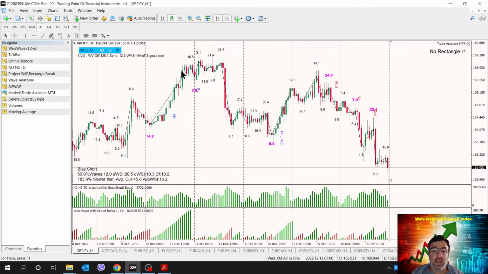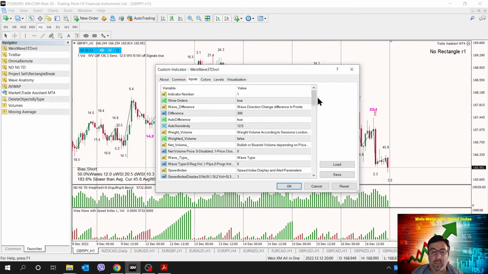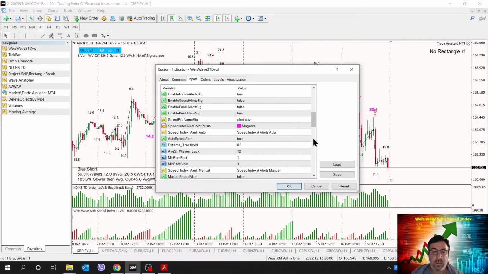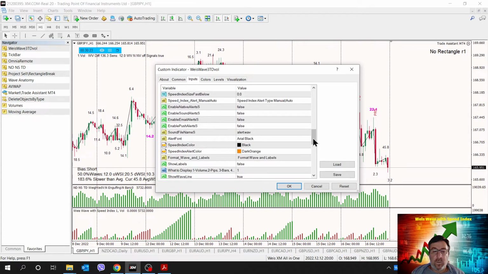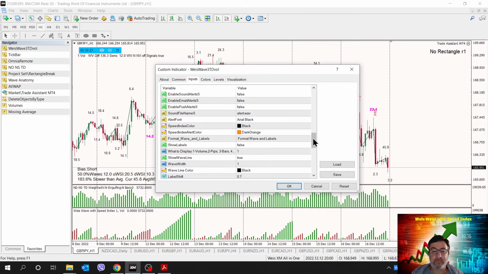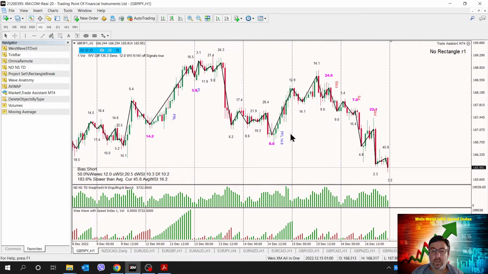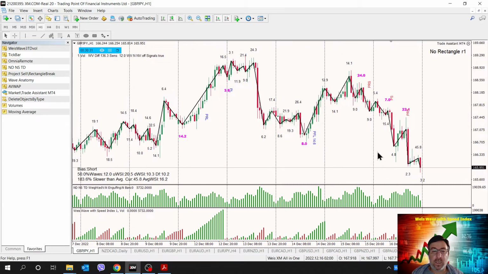Okay, so right now, as you can see, let me make the wave line a bit darker so you can see it. As you can see now, the wave line touches all the price swings nicely.